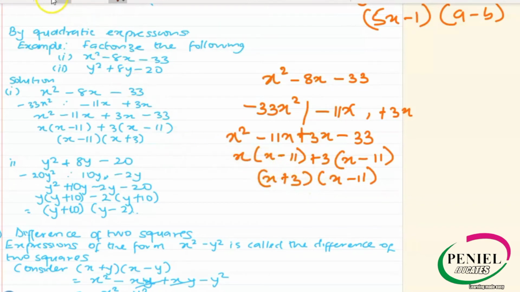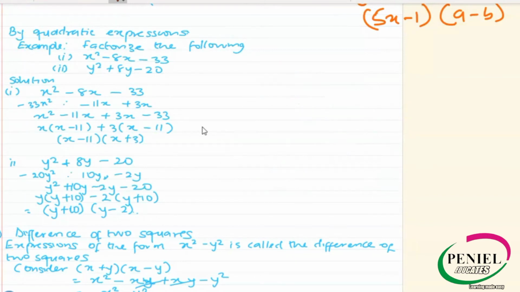All right, so let's look at another one. We are given y squared plus 8y minus 20. The same thing is going to happen. Minus 20 multiplied by y squared is going to give me minus 20y squared. So the factorization that I can use here that can give me something close to this, I can